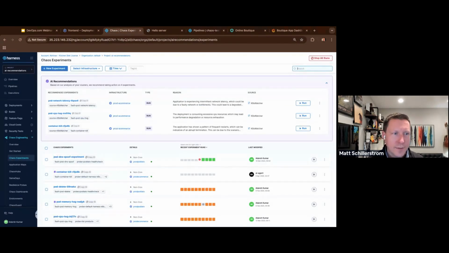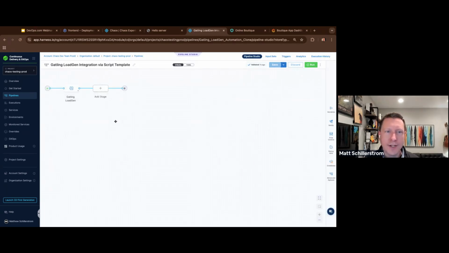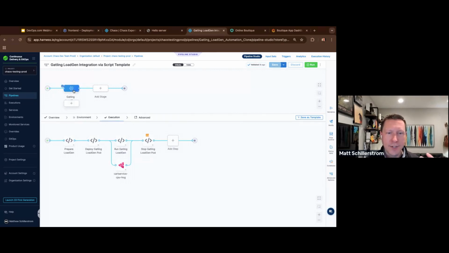All right, so just double checking. All right, so into my demo here, I've got a couple tabs I'm going to walk through with regards to chaos engineering and load testing. And this is just how easy it is today. So I don't know what your favorite load testing tool is. For today, I'm just going to choose Gatling. But all I've done here is create a pipeline, workflow, if you will, where I'm going to kick off a Gatling load test.